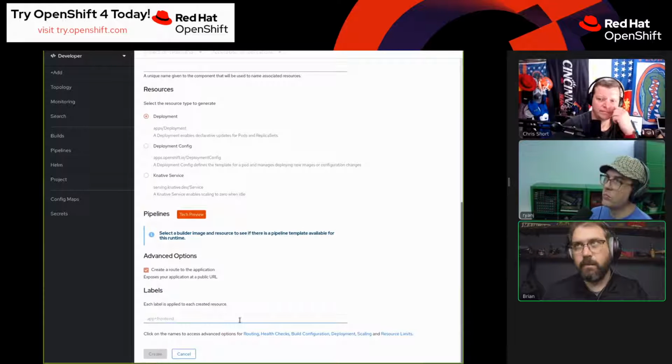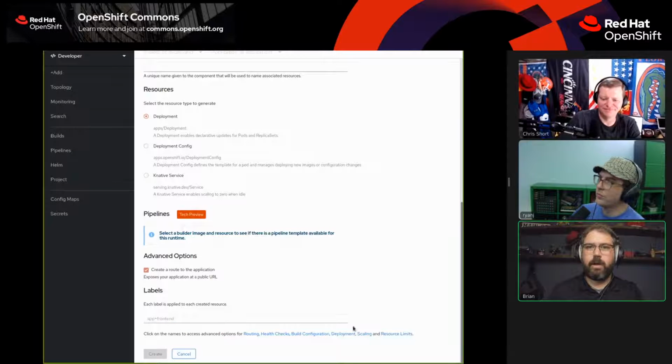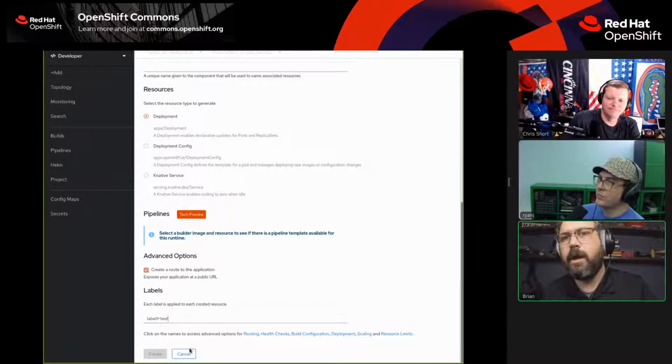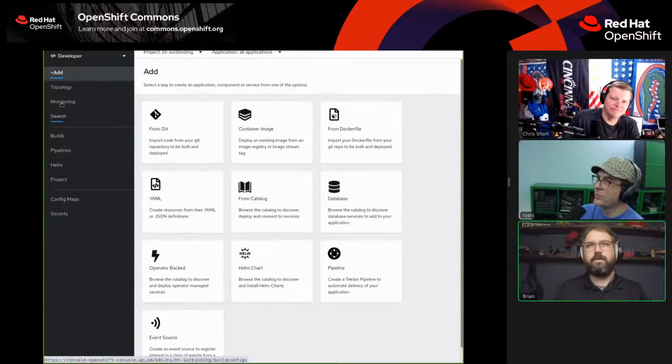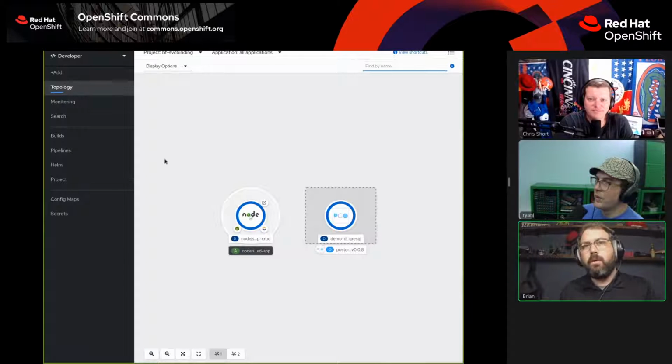You could also add custom ones as you're putting them in. If you have custom ones that you want to add, you could add them in here. There was a little label button that I clicked down at the bottom, at the very end of the deployment. And in here, I could specify label1 equals test, for example, and that would pop up in there. So you would see that if you haven't seen that. Awesome. So that's the app.